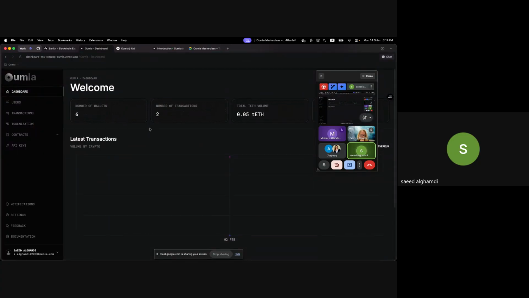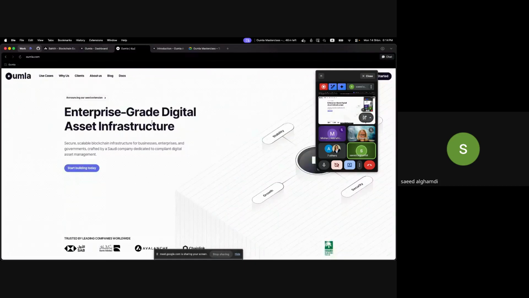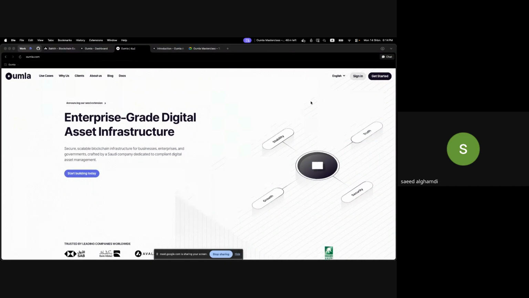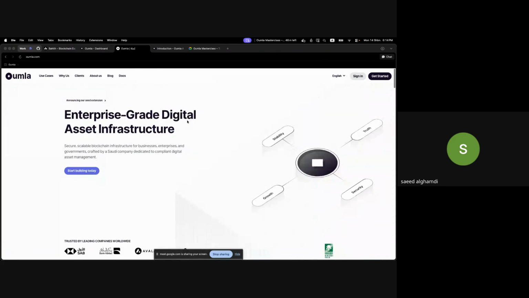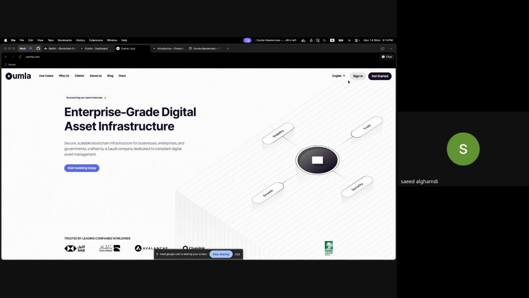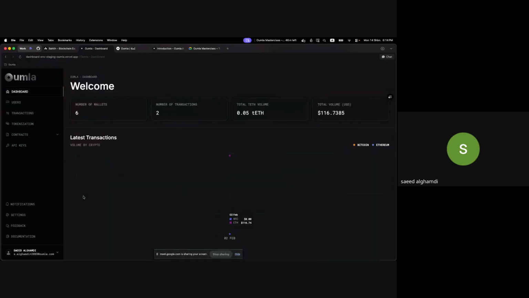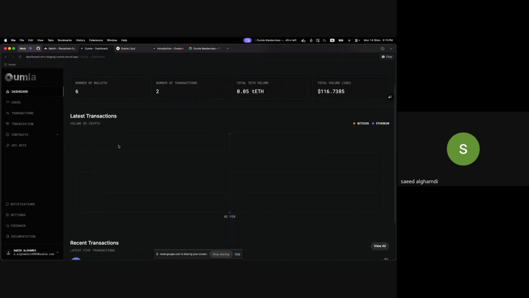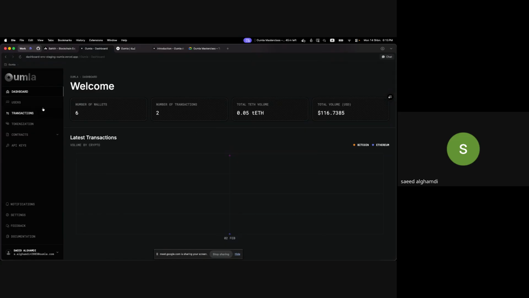We will do the live demo on the dashboard. Before that, every organization, company, or startup basically needs to sign in and create their organization. It's a simple and straightforward step, and I skip that for the time being. Now let's jump into the dashboard. I already created the organization, and I also received the client share. Now let's go through each feature that we have here in the dashboard.